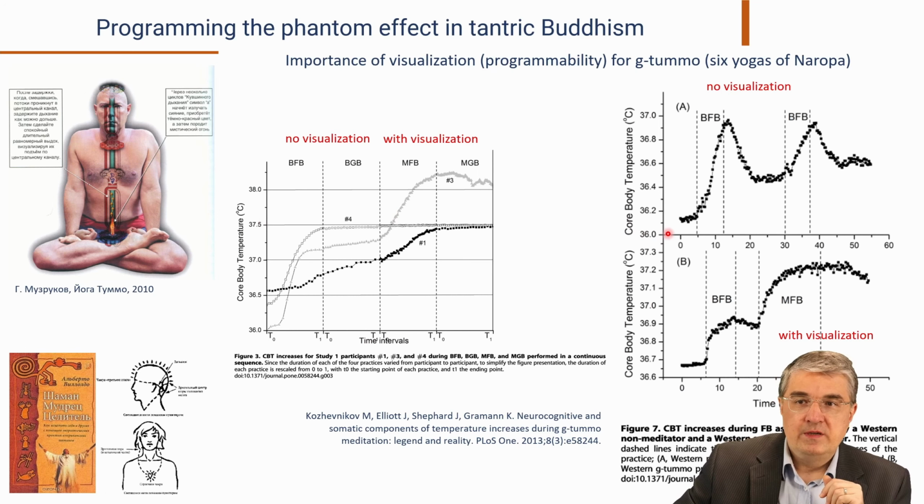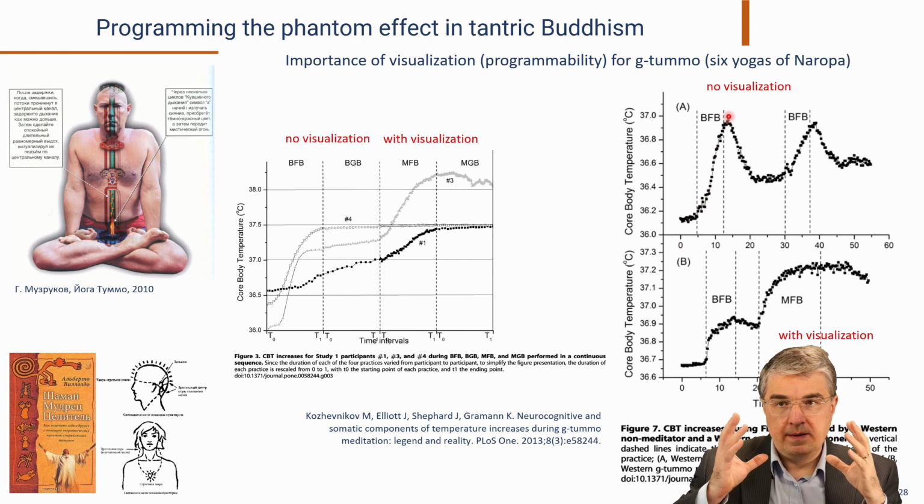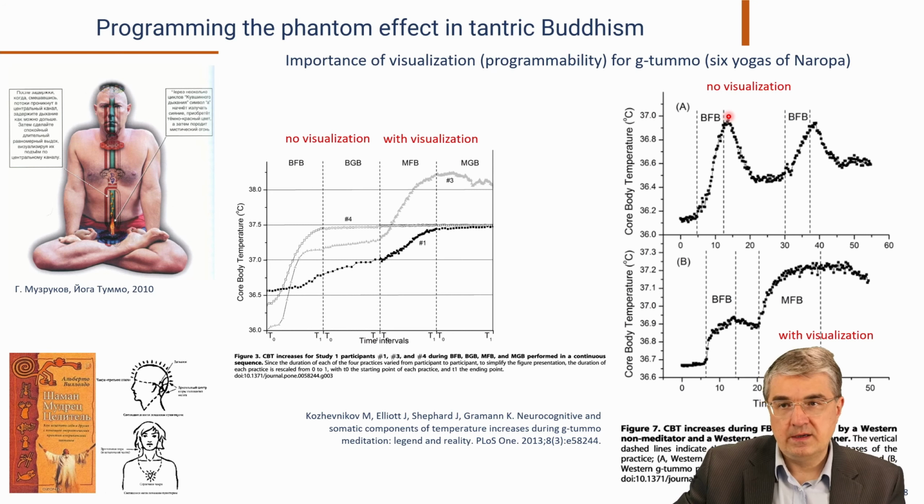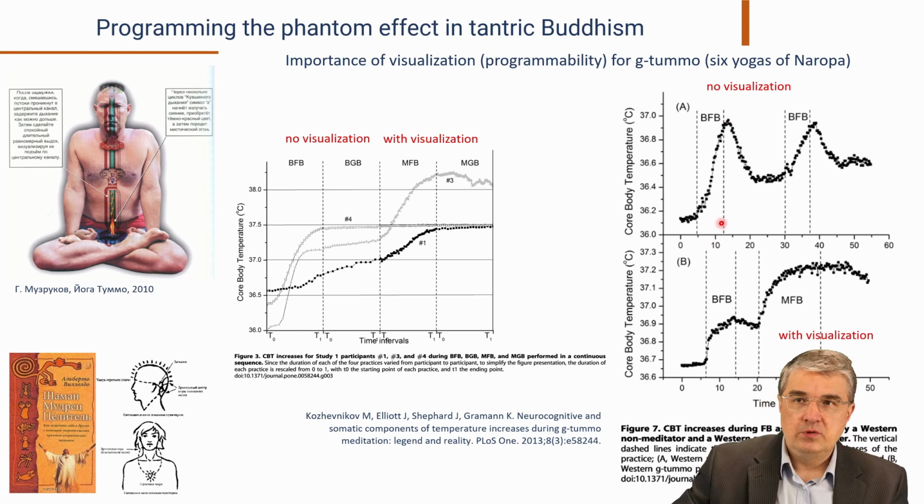Another really impressive experiment is shown here. Again, the monk demonstrates these techniques first based on mental concentration using this psychosomatic mechanism, and you see this for about 10 minutes. Then she became tired and stopped performing these exercises, and you see in the relaxation phase the temperature dropped down to a more or less comfortable 36 degrees. Then in the next attempt, again an increase of temperature, again relaxation, then the attempt was stopped.